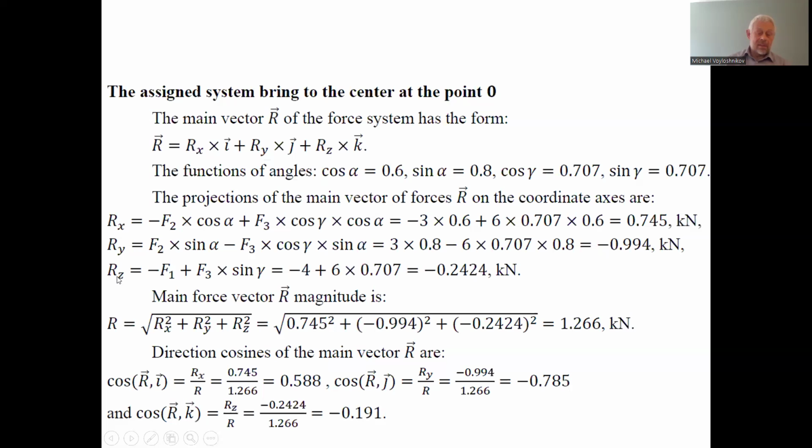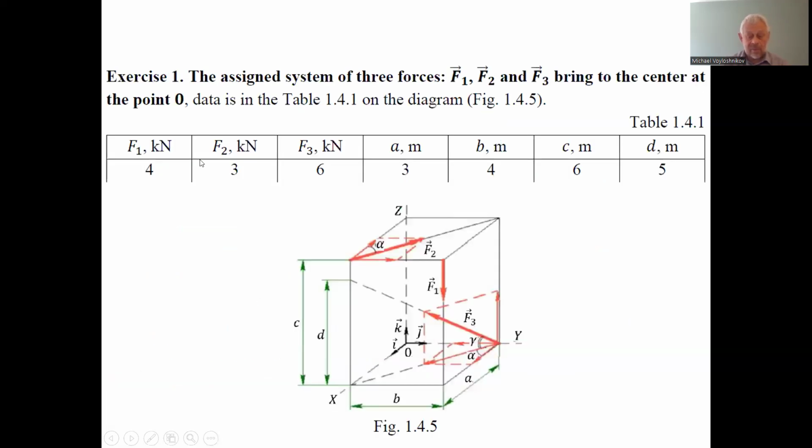Rz consists of two summands. The first is minus F1 plus F3 multiplied by sine gamma, minus F1. First we use the force 1 because it is parallel only to the axis z, but has the opposite direction. And these two forces rest. The projection of force F2 on axis z is 0 because it lies in the plane perpendicular to the z-axis,